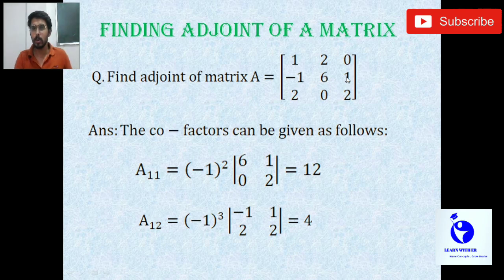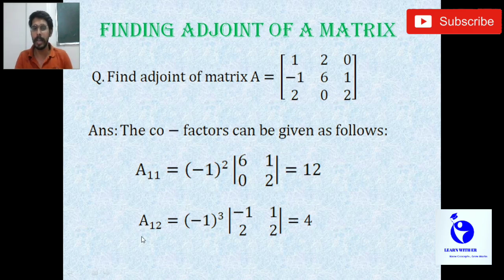So 6 1 0 2 is left in this case. If we find that determinant, that means 6 into 2 minus 0 into 1, which will be multiplied with (-1) squared, which is again 1. So the total answer we are getting is 12. This is how we find the cofactor. We need to first of all put the power of -1 as the sum of the row and the column of that particular element, and after that we will put the minor of that element. So the minor will be the determinant of 6 1 0 2, which is 12, multiplied by (-1) squared, which is again 1. So the answer will be 12.